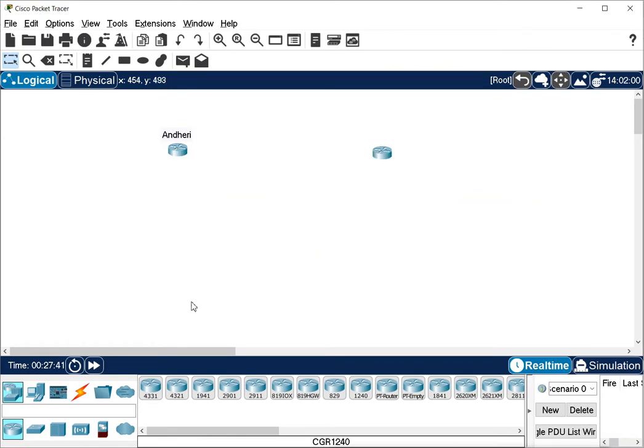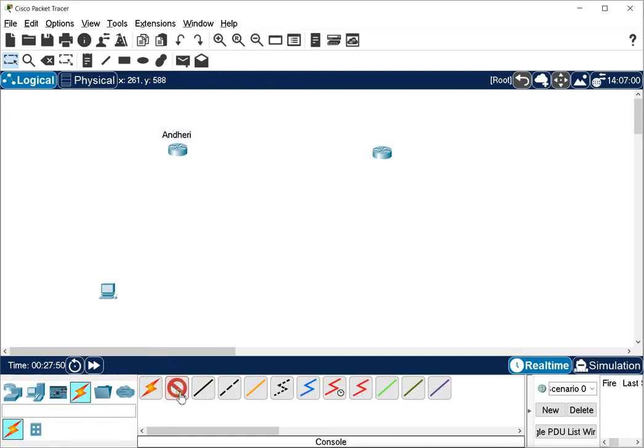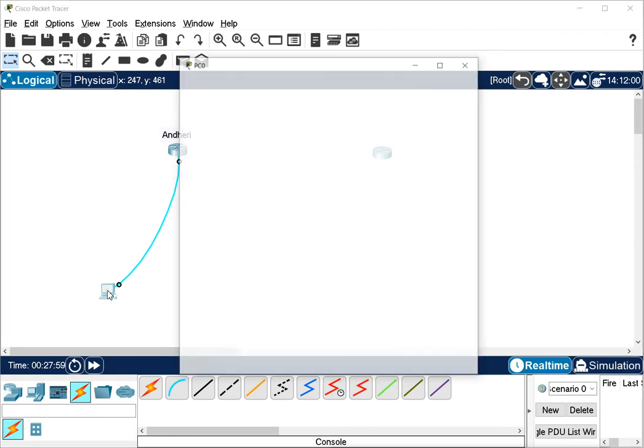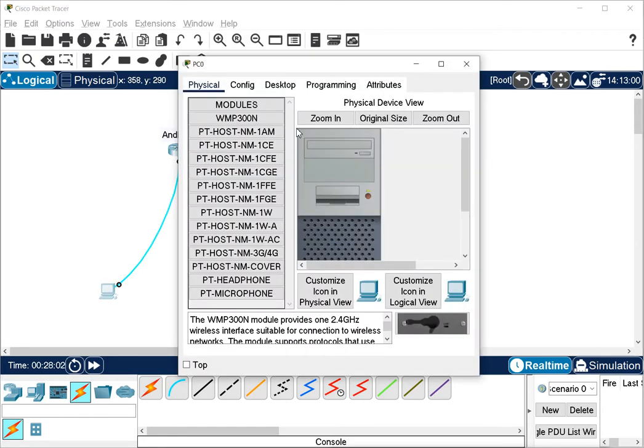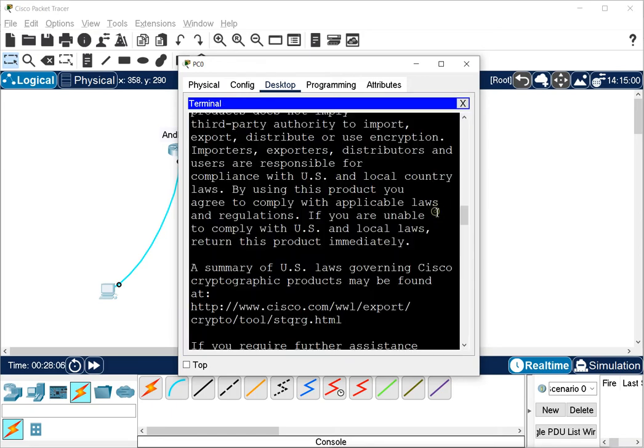Let me show you how we connect in a real scenario. We'll use a PC here and the console cable. We connect the cable into the console port, and then connect it to this PC's serial port. Then we go to the terminal on this machine's desktop, and on this terminal we get the command line access of our router.